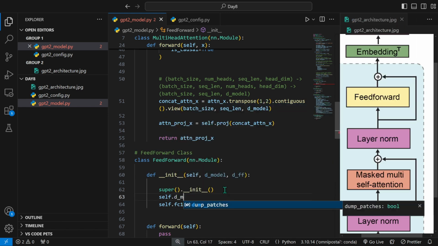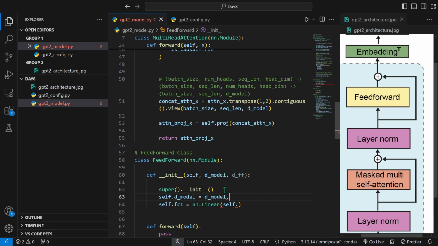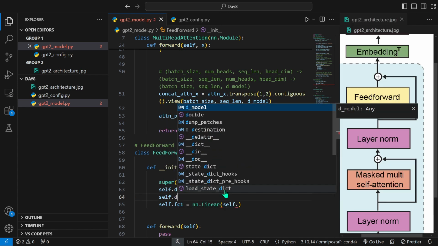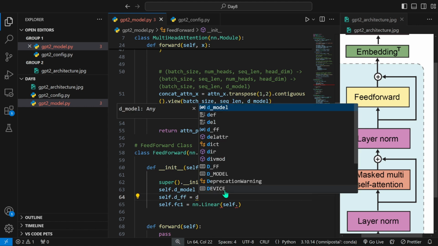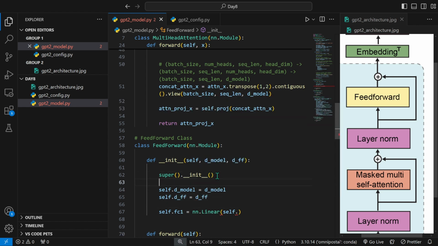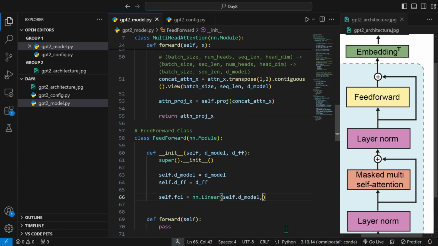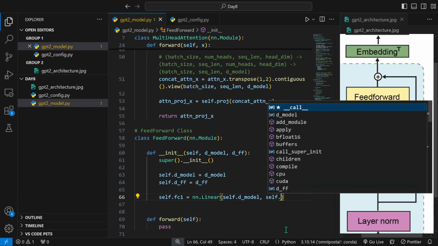Self dot dmodel equal to dmodel, self dot dff equal to dff. Okay, so that is the feed forward dimension. Let's have it there. So it is going to be self dot dmodel cross self dot dff,